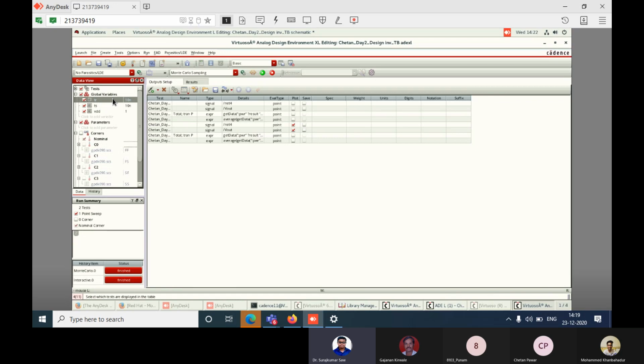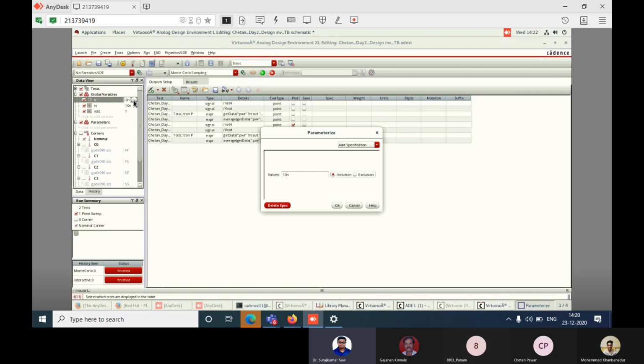You just go to TR. There it is showing rise time, fall time, whatever you have put as the parameter names: TR, TF, and VDD. Go to TR, double click there. All of you got it? Here it is showing the parameterized specification. You have to go to center span percentage. Select the first one.